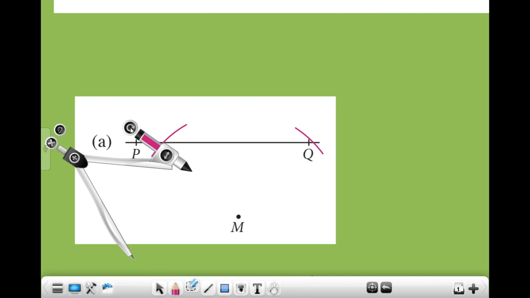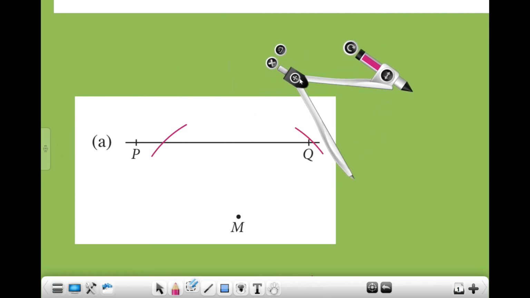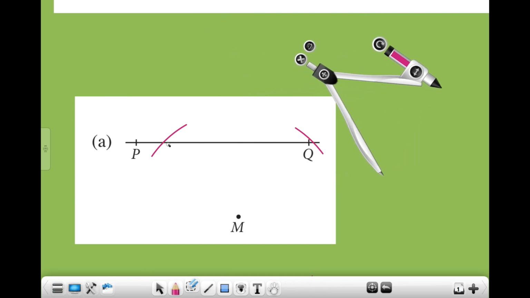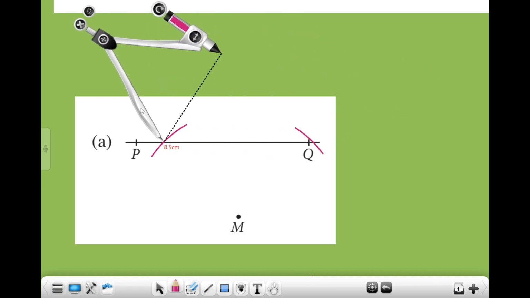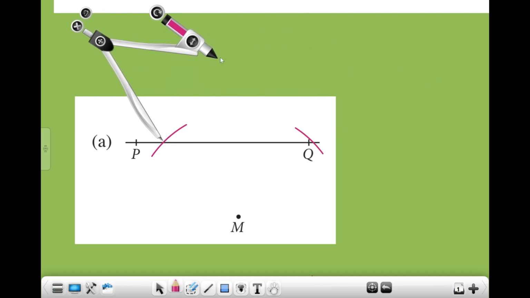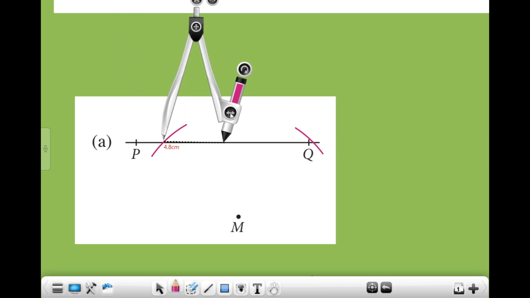Okay. So the next thing, you see this will be the length of your line right now. You are going to put the sharp point here on both of it later on. So we are going to start on the left. Usually we will start with this part here. Up to you, you can start on the right also. Again, this is the same thing like you did your perpendicular bisector. You need to drag it more than half of the line. Remember, if you don't drag more than half of the line, you won't get the